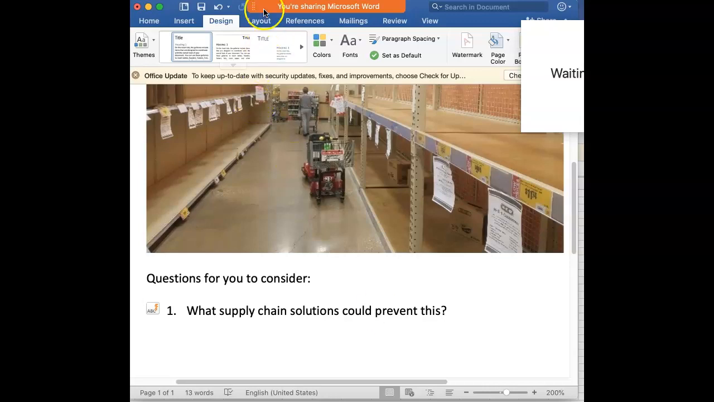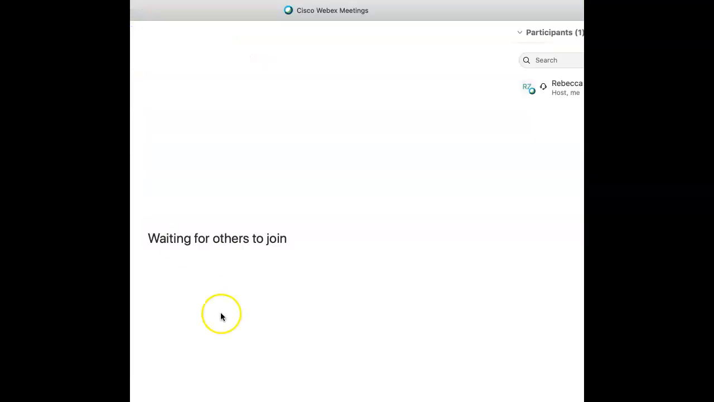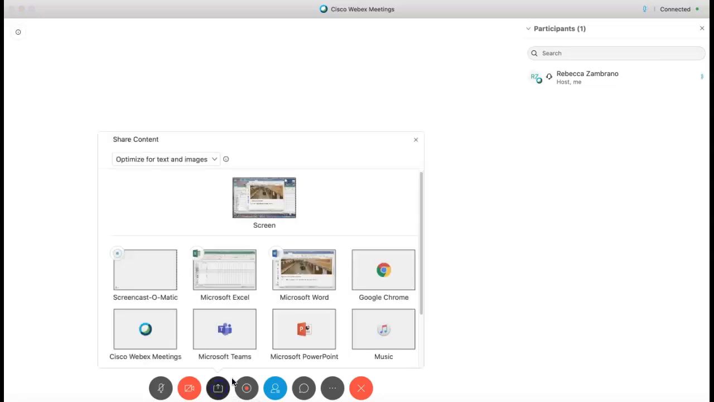So I'm going to go back up to the orange area and stop sharing again. This puts me back on my home screen. And now the last type of content I'll share is web content. These are websites that I have already put on my browser to prepare for recording this presentation. So I'm going to click on Share Content. I'm going to go to Google Chrome,